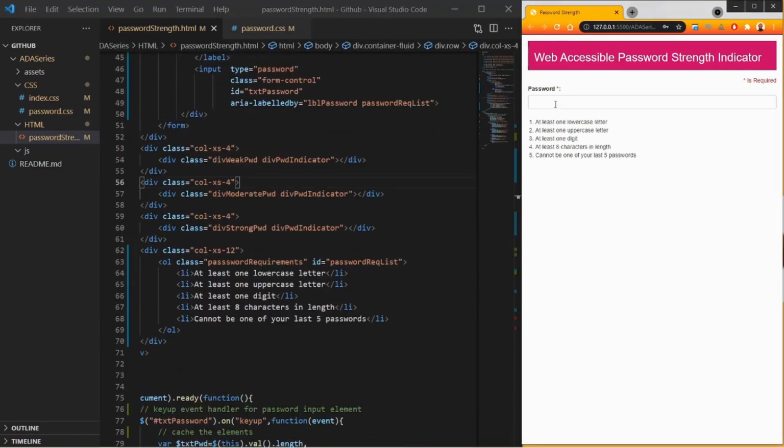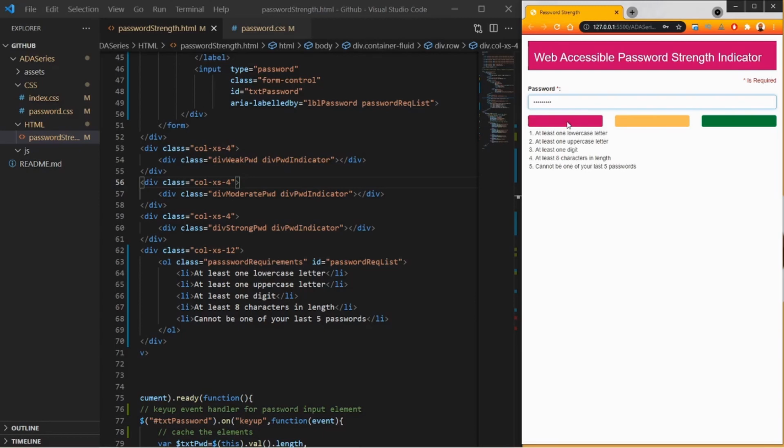Next, what we want to do is when a user starts typing, we are displaying the strength using different colors. Red is usually for the weakest, orange is for the moderate, and then green is for the strong password. Let's make this accessible for people who are colorblind by adding a text with the strength of the password that they have entered.